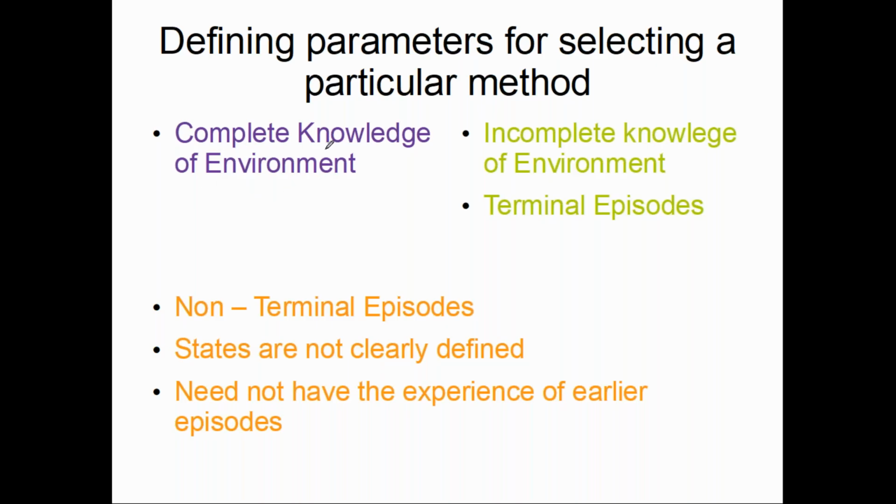Now, complete knowledge of the environment means we know the states, we know the actions, the rewards, the MDP. And then the transition probability, the important thing is the transition probability. That means moving from states to action, how we translate, the probability involved. If we are aware of all those things, that makes a complete knowledge of the environment. If this is there, we are able to use dynamic programming.